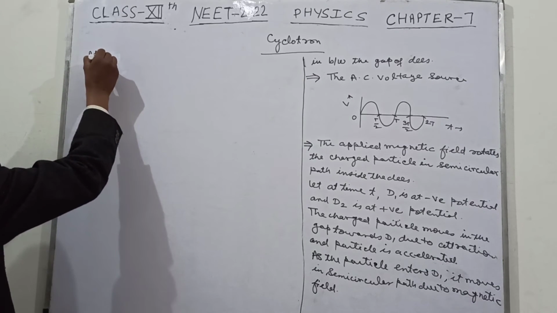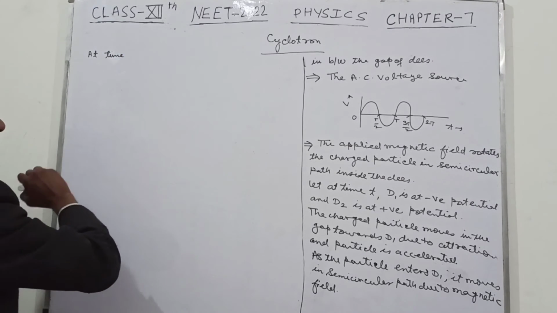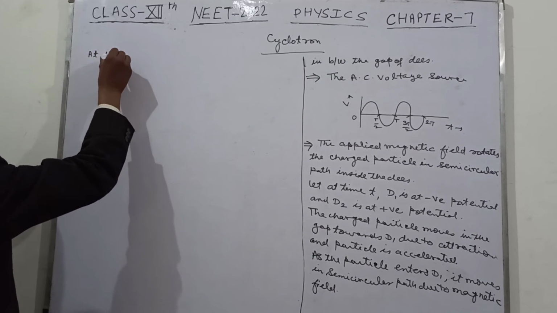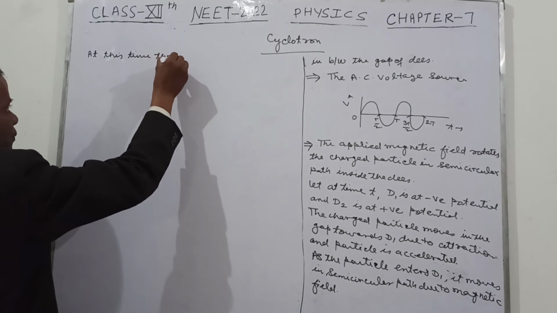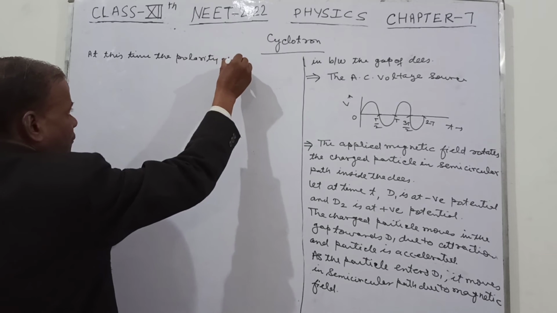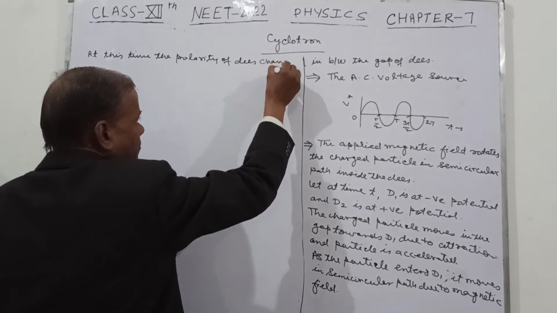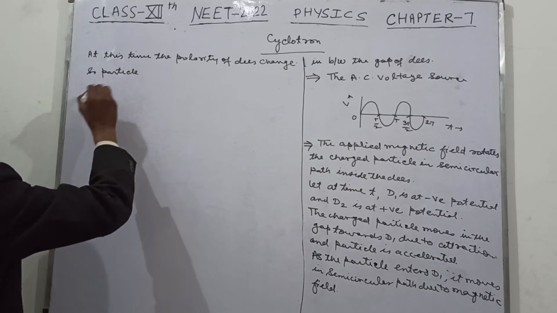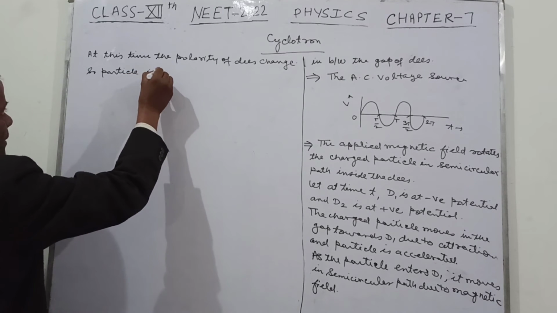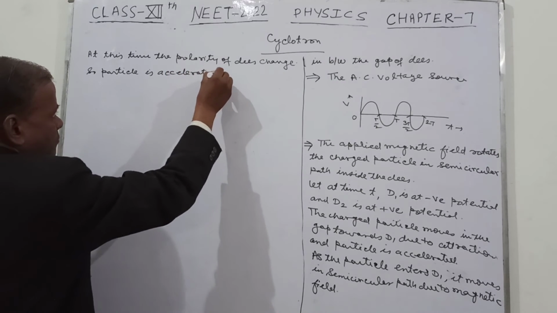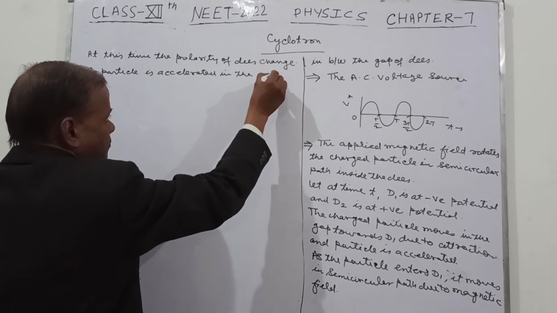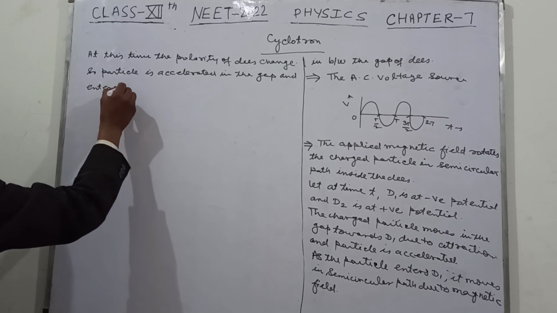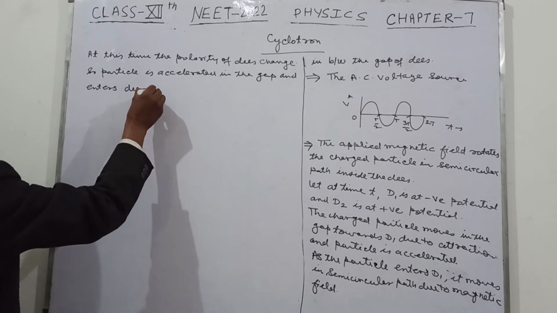At time t plus half the time period, at this time the polarity of these changes, so particle is accelerated in the gap and enters D2 where